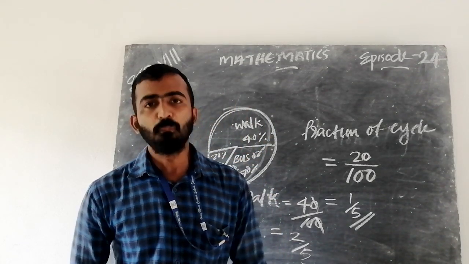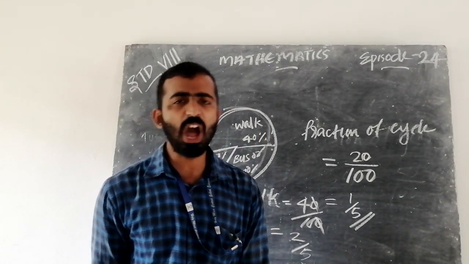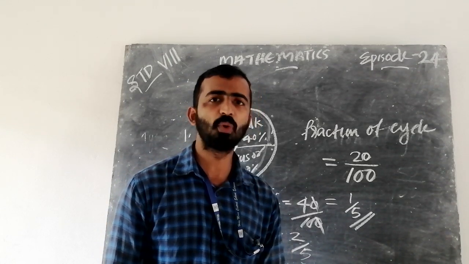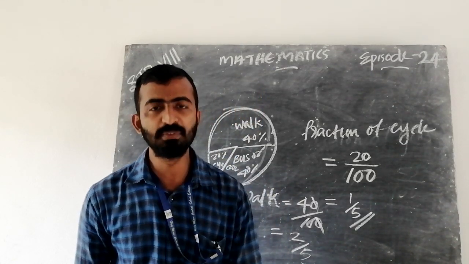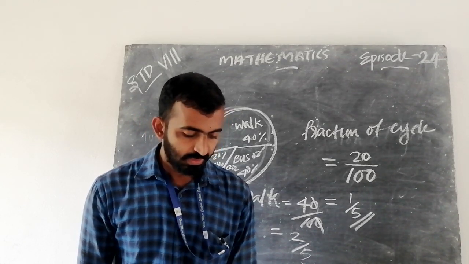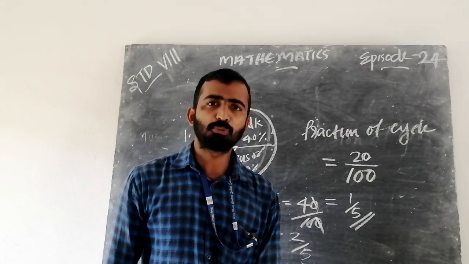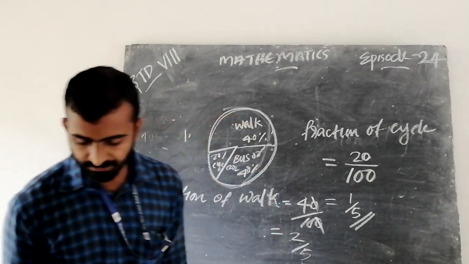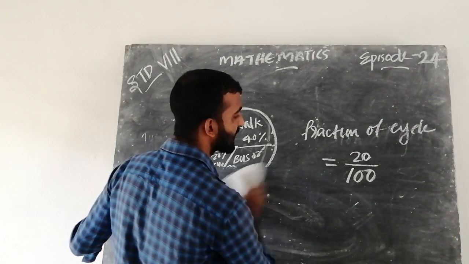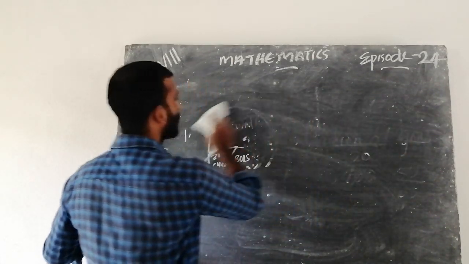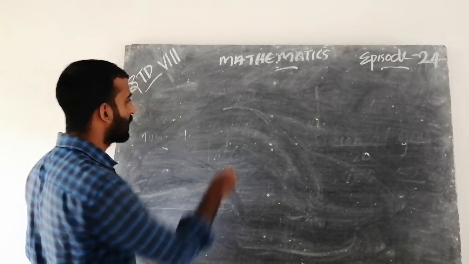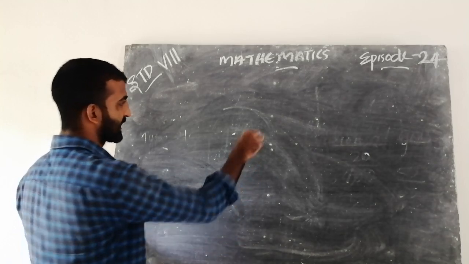And next we are going to discuss how we draw a pie chart. Which way we draw a pie chart. When we want to draw a pie chart, then we take the fraction of the data out of the total and multiply it by the central angle. Central angle means the angle at a point, which is 360.